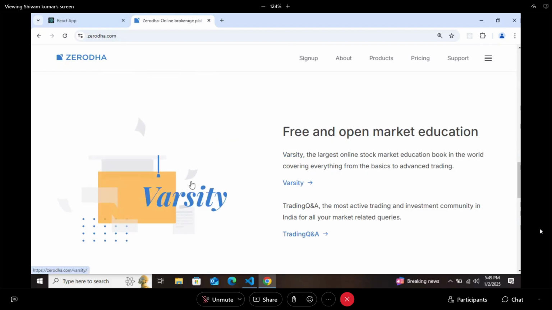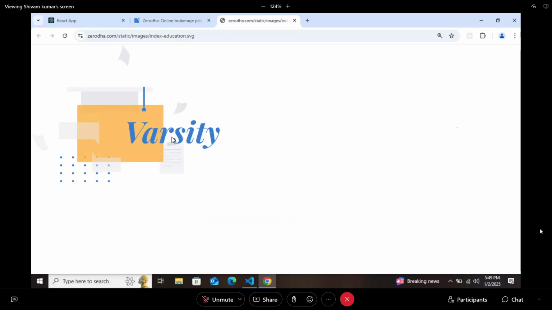Okay, this is an image. Architecture, I already told you, you have to check how many columns are there. First thing, whenever you need to design any particular component, just check how many columns are there. Your design should be specific to column in most of the cases. If it is not working, you can go with the row based design. In most of the cases, you will be going with the column based. So one and two columns are there, and this is just an image, right? This is just an image.